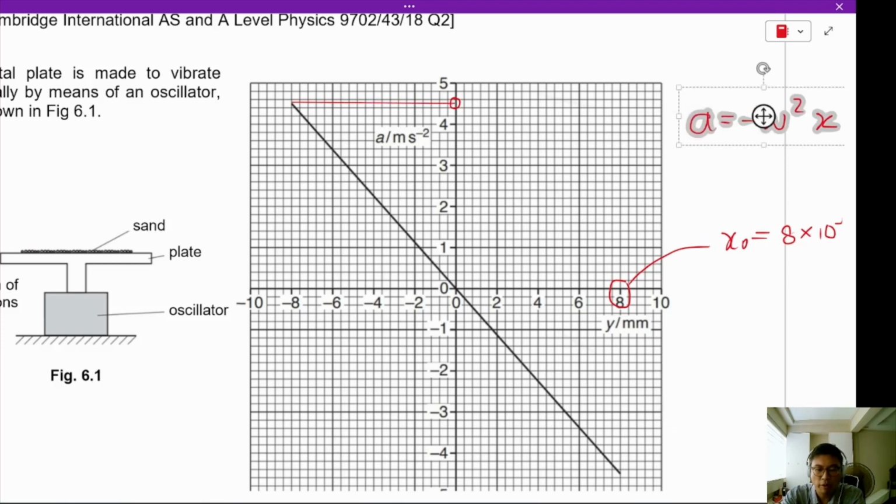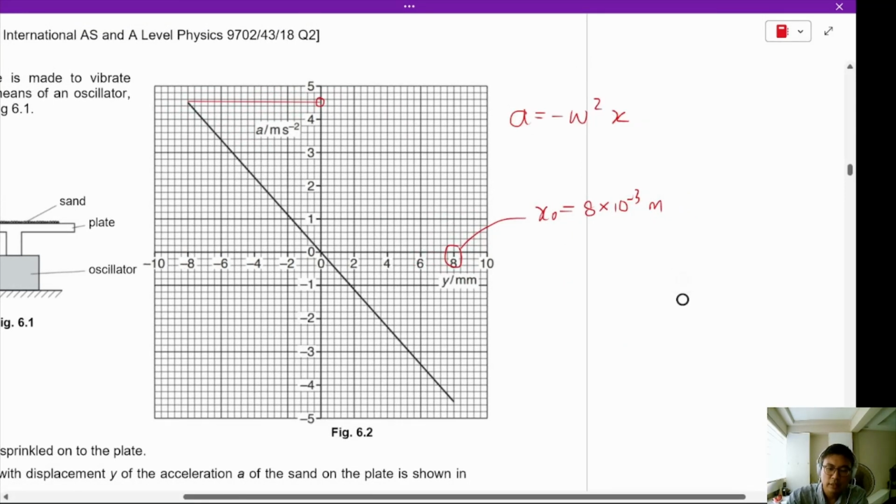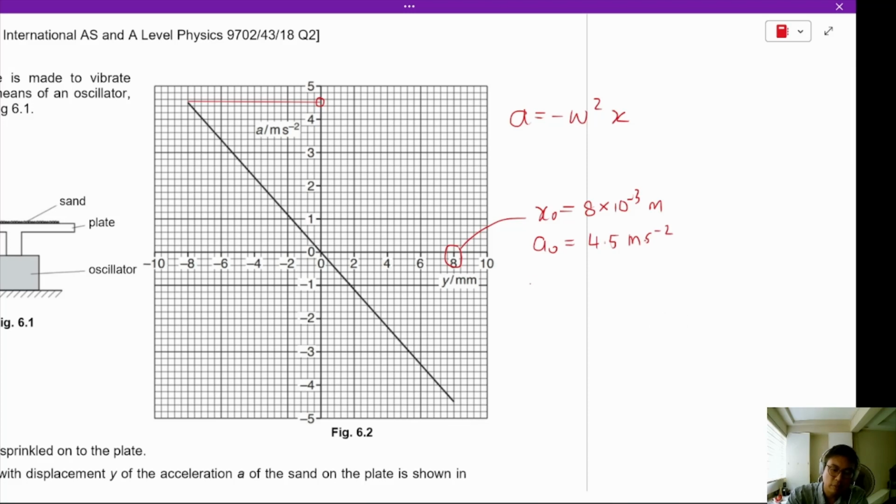Okay, it's about 4.5 meters per second. This means that A maximum is equal to 4.5 meters per second squared. Now, what this also tells us is that we can obtain omega almost instantly. The maximum value of A will be omega squared x naught. So that means that omega squared is equal to, okay, rather we just do a shortcut. Omega is equal to the square root of A naught over x naught. And that gives us 23.7